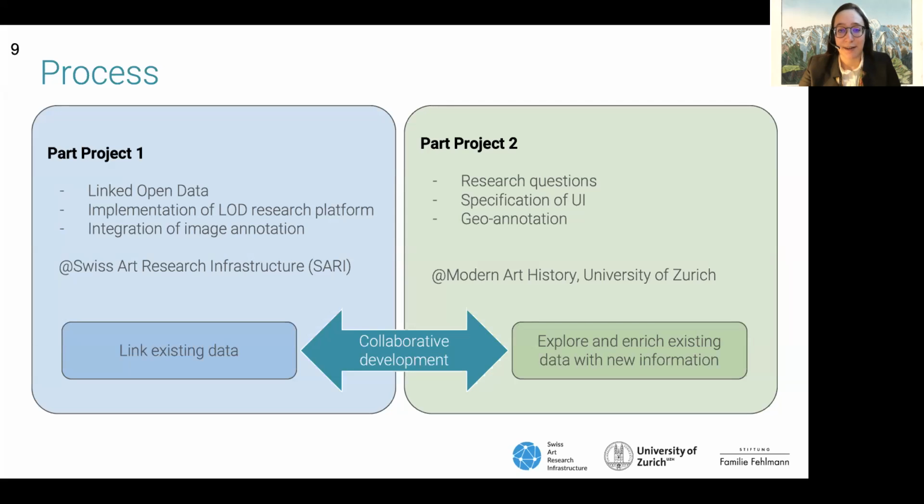This is of course done in close collaboration with the partial Project 2, where workflows are created based on research questions, where we develop the processes for how we get to know from what we want to get to know. In Part Project 2, we are also discovering which areas would be interesting to enrich with additional data. For example, the annotation of images or viewpoints with geo-coordinates, or the social networks between publishers, artists, works, and places.